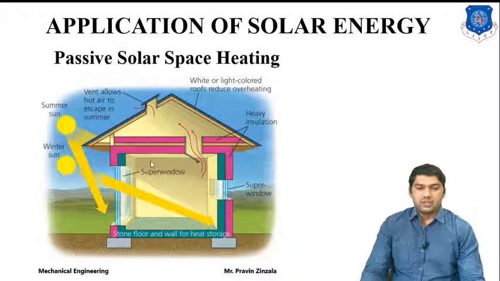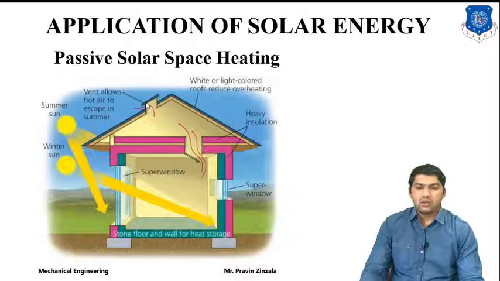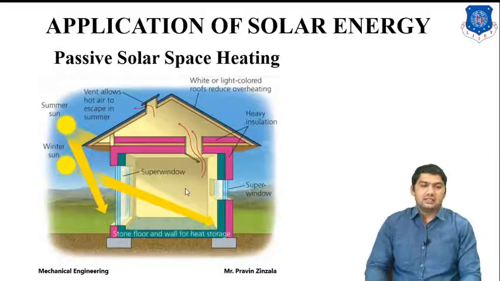During the solar radiation, the space will be heated, and we also provide an extra vent to maintain our temperature. If the temperature is very high, we can also cool it by opening this window. Air will pass from our room to the vent, and the hot air escapes in summer. So it is an advantage in winter, but a disadvantage in summer.